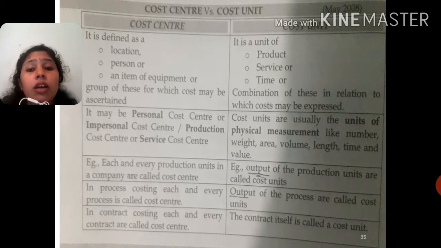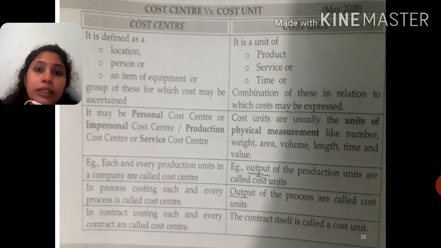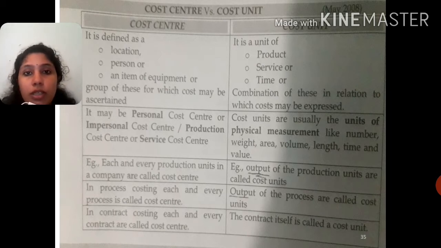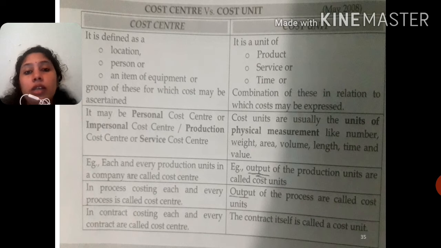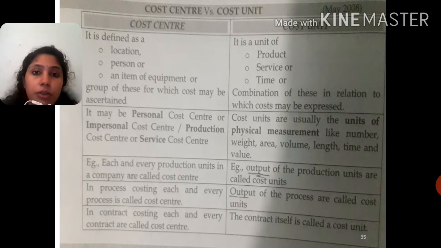Sugar can be counted in kilograms, 1 kilogram or 2 kilograms, etc. So that kilogram is the cost unit. We need to use a cost unit for the calculation of cost. Then only we can ascertain cost properly. If you can't follow me, you have to give suggestions.